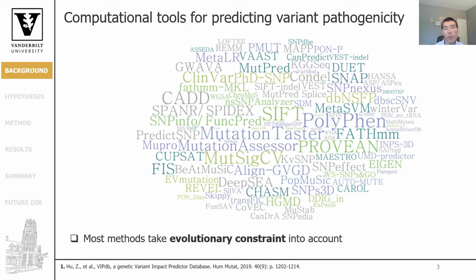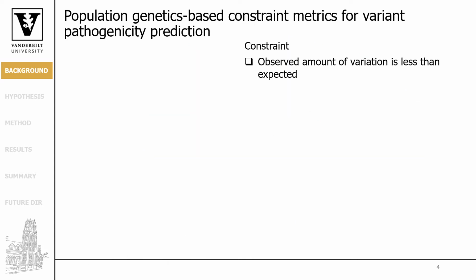Nevertheless, one important common feature among these tools is that most of them take evolutionary constraint into account one way or another. One particularly interesting group of methods developed in recent years are what we call population genetics-based constraint metrics. We say that a genomic site or region is constrained if the observed amount of genetic variation in it is